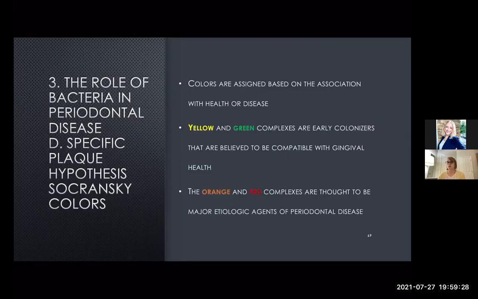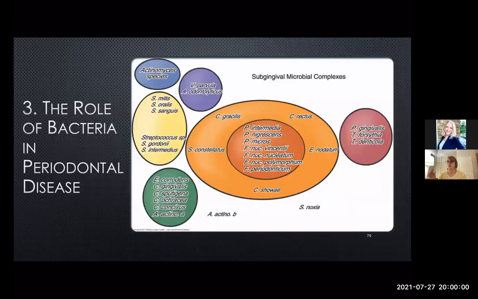So the colors are based on the association with health or disease. So I want you to think of this as a green light, a yellow light, or a red light. Yellow and green are early colonizers, and they're usually present in health. You can go through a green light, you can go through a yellow light. But then I want you to think of orange as the light right before it hits red. If you go too late through the light, it's almost red. So it's orange here. And these were thought to be the major etiologic agents of periodontal disease, specifically the red